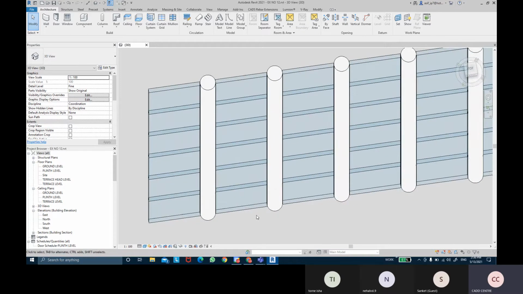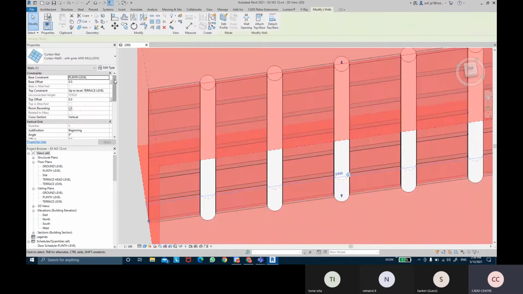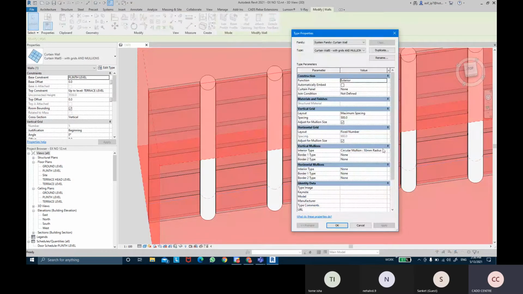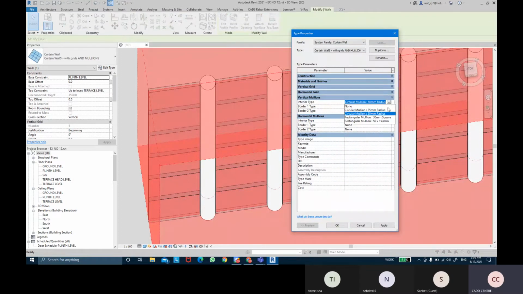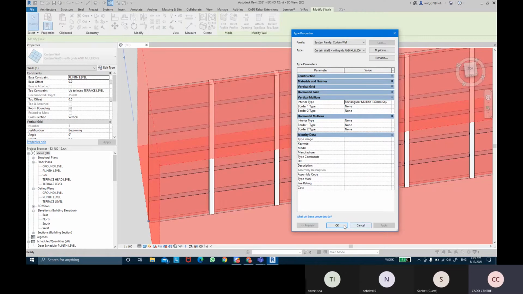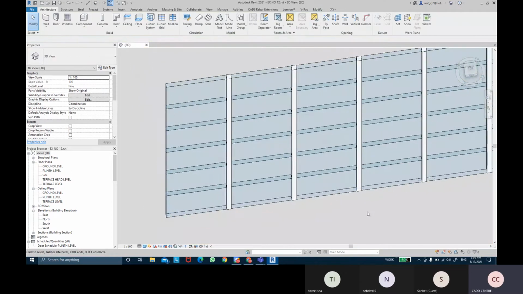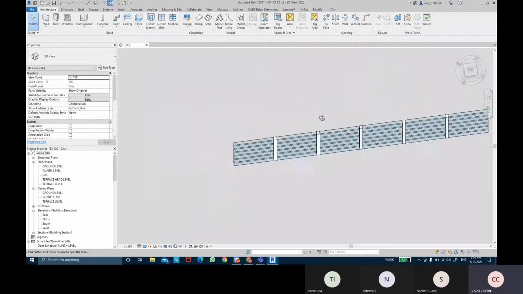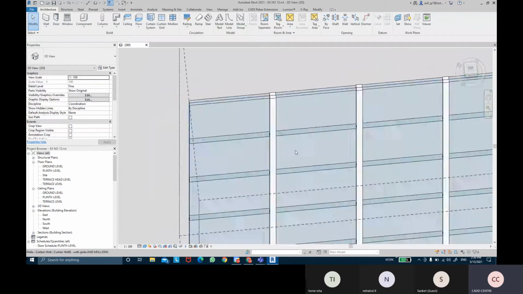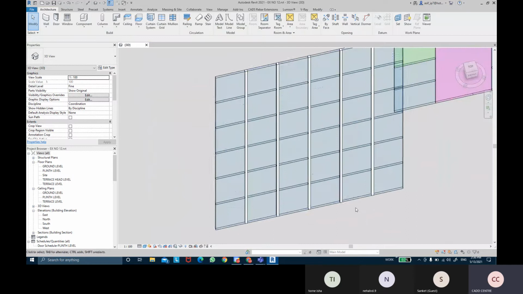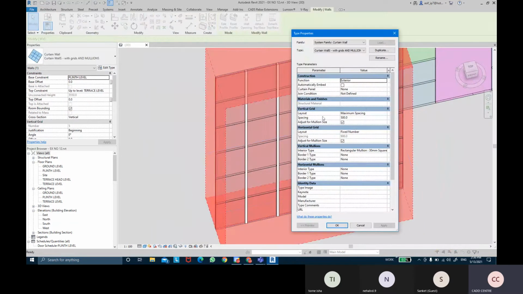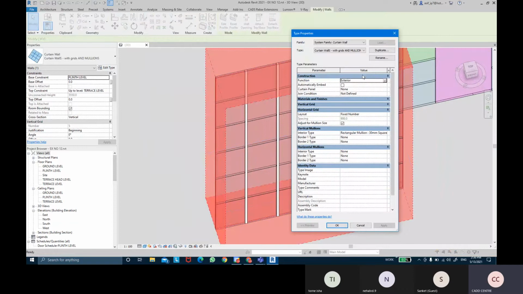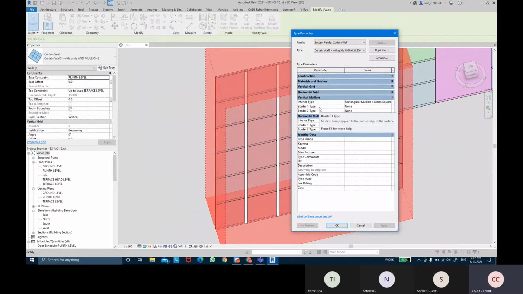Now if I want to change that mullion type, again I select the wall, come to the edit type, and then I can change the interior type of the vertical mullion. Maybe we can take the 30 mm square. If I click apply, the 30 mm square mullion will be applied to the interior parts of the vertical grids. Once again I can select this, come into the edit type, and the next option over here is border type 1.